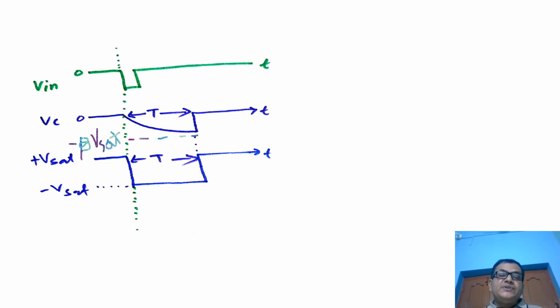Why? Because whenever the voltage of the non-inverting terminal becomes less than the inverting terminal, VID again becomes positive. Let us remember once again: when V output of the op amp switches to minus Vsat, minus Vsat,